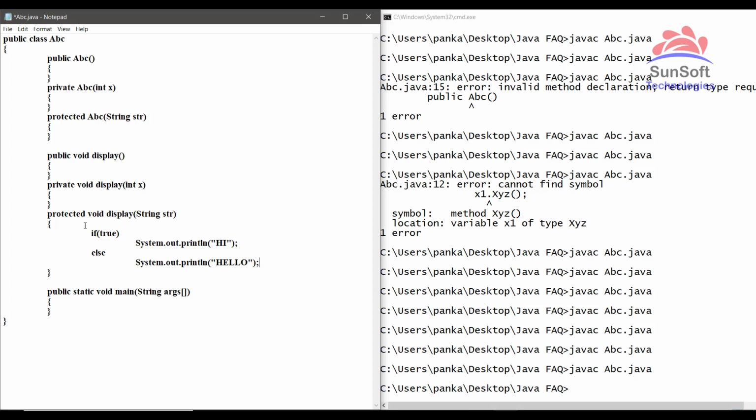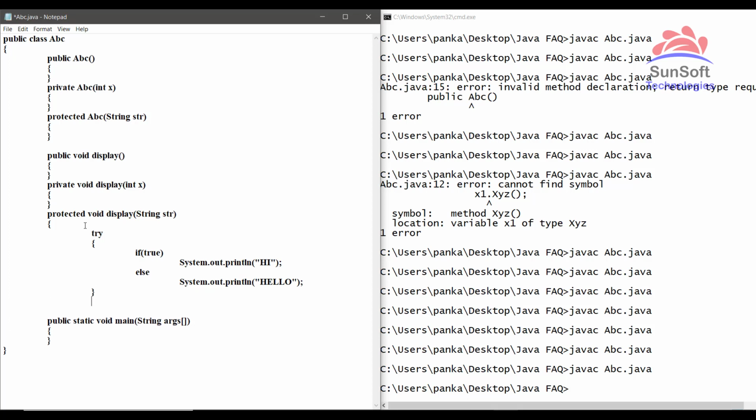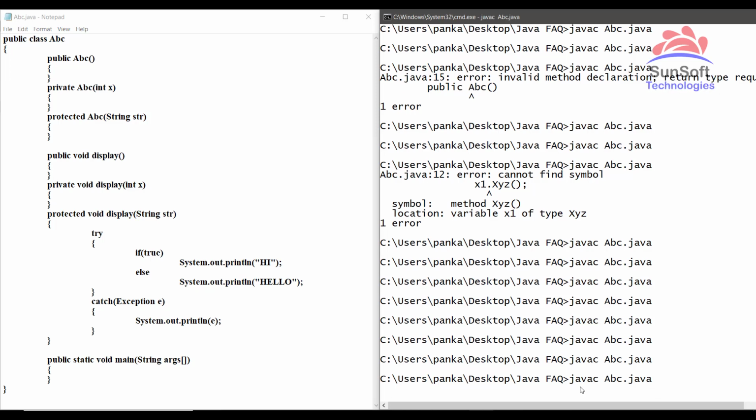So I am printing here by putting some logic, and I am putting it in a try catch block, just to show that we can put any exception handling logic or any control statements in the method. And now if I try to compile, yes, it is compiling.